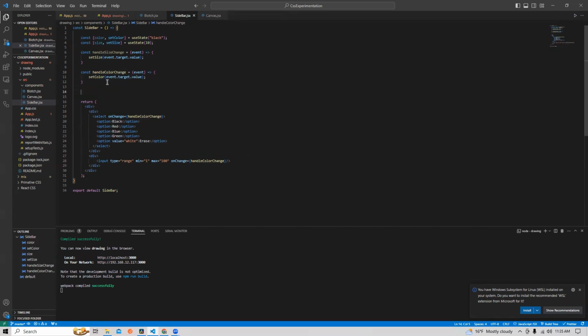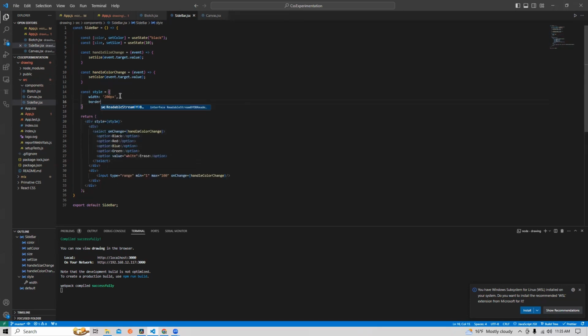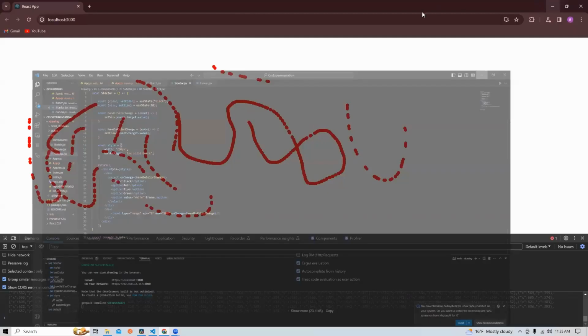Actually, go ahead and make a style variable. And what we're going to do is set the width of our sidebar to be 200 pixels. And we're going to go ahead and include that in our first div. So style equals style. And now we should have a sidebar. Before we do that, actually, let's add a border, right, and we'll set that to 1 pixel solid black. All right, so if we go back here,